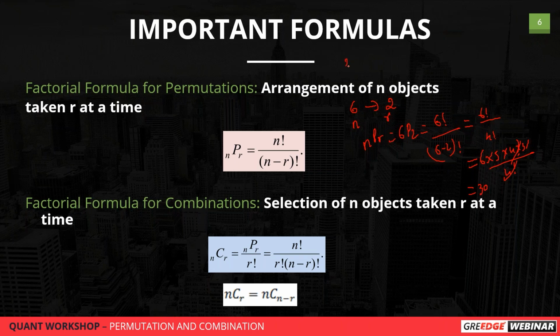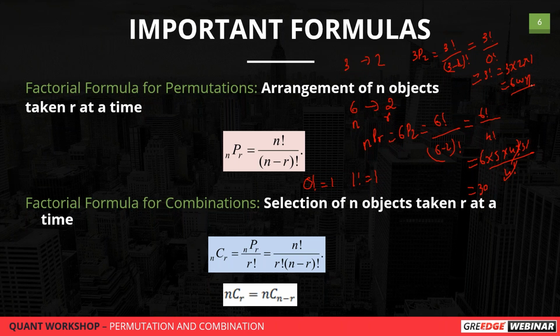For the previous case, we had 3 letters and we chose 2. What will be the answer? The same as what we calculated. This will be 3 factorial by (3 minus 2) factorial, so that gives 3 factorial by 0 factorial. Remember, this is an important note: 0 factorial equals 1 and 1 factorial equals 1. So this gives 3 factorial, which is 3 into 2 into 1, so that gives 6 ways. So if you have 3 objects and choose 2, they can be arranged in 6 ways, as we have seen in the previous slide.